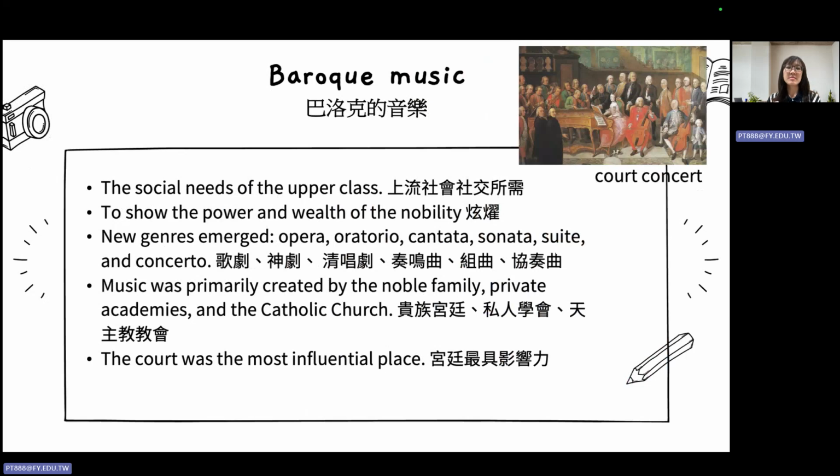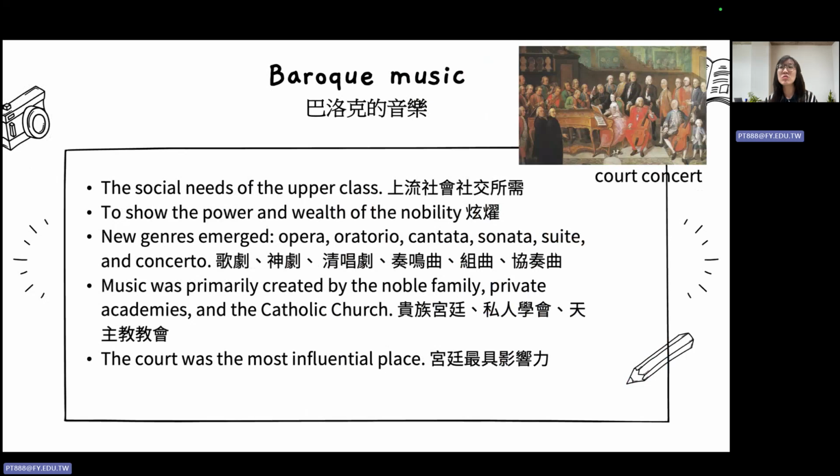So here many new genres emerged, such as opera, oratorio, cantata, sonata, and suite。好，那这个时期呢，这个开始产生了很多样的曲种。